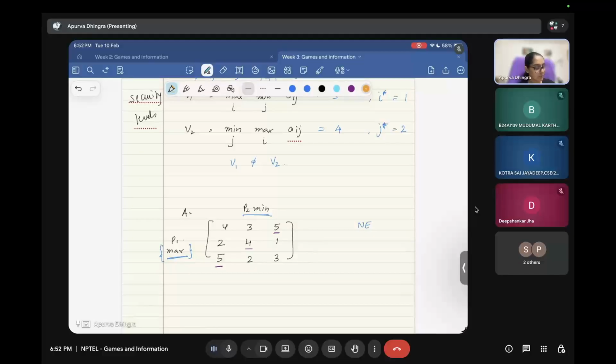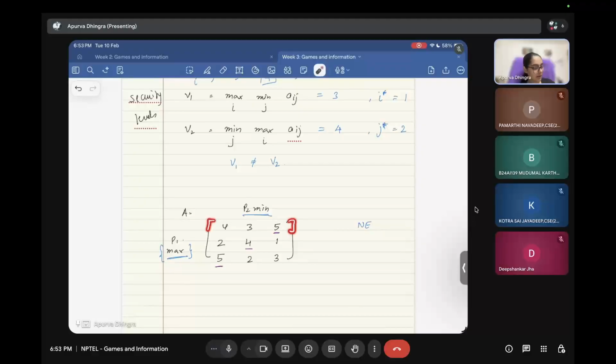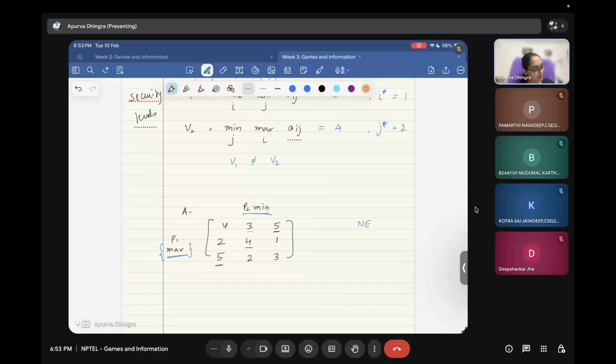Now let's do it from the perspective of player 2. Player 2 would fix a row because he can't change the strategy of the other guy. So he's fixing that row and he's finding which of these is the minimum possible value. So from row 1 the minimum is 3, from row 2 the minimum is 1, and from row 3 the minimum is 2. So what happened here is we couldn't find a Nash equilibrium, at least not in pure strategy